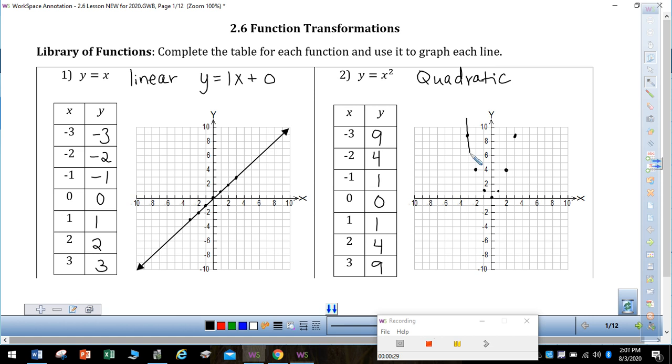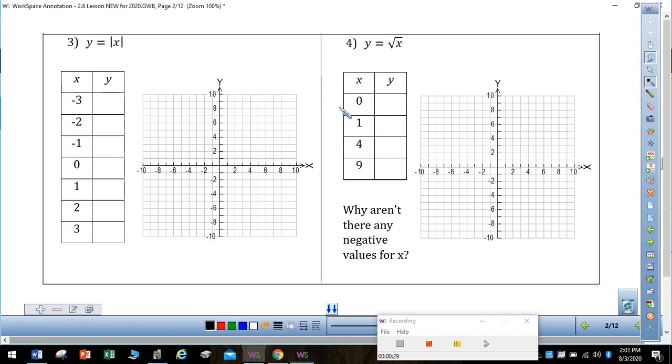And this shape is one that you should have seen before. You may remember that it is called a parabola. All right, next we have the absolute value function. Now we did some work with absolute value equations and inequalities at the beginning of the year. Today we're going to see what would happen if we wanted to graph this, y equals the absolute value